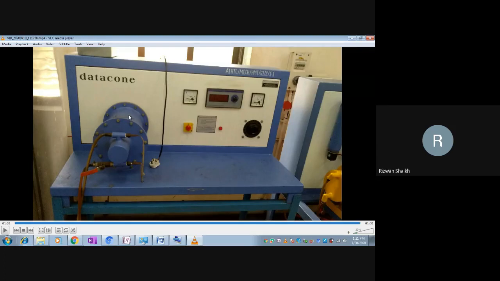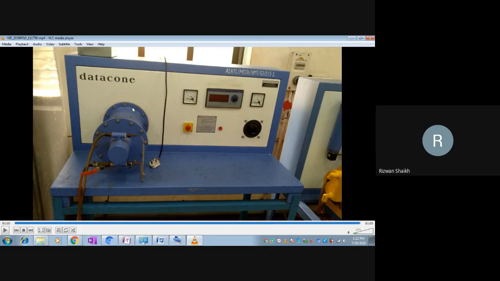On the metal rod, we have different thermocouples at different locations. So temperatures on the metal rod will keep on changing. We have to wait some interval of time so that the equilibrium condition gets reached. Once the equilibrium condition is reached, even if you supply the same amount of heat, there is no change of temperature on the metal rod. It means the steady state condition has been reached. Now there will be no change of temperature with respect to time.